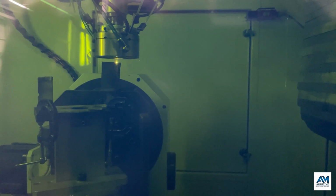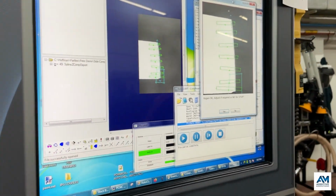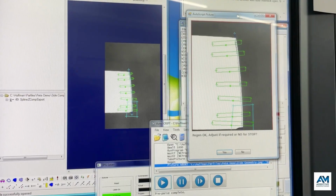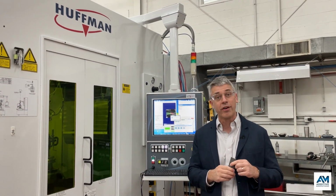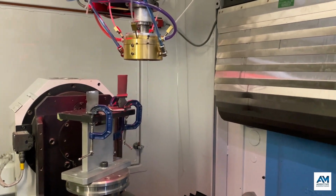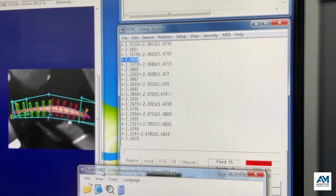To repair a blade like this, the first step is optical measurement, establishing the profile of this blade. Every worn blade is going to wear in a different way, creating essentially a unique part. That optical measurement is used to first automatically create the tool paths that will be used to repair this blade